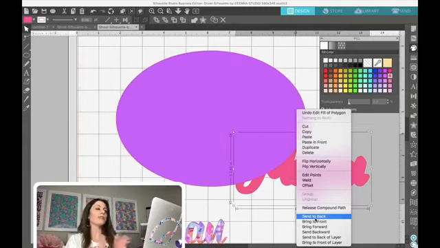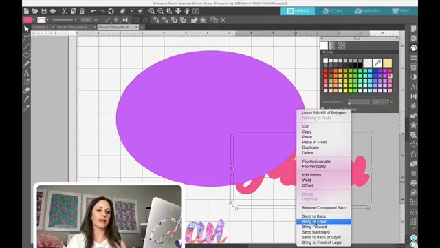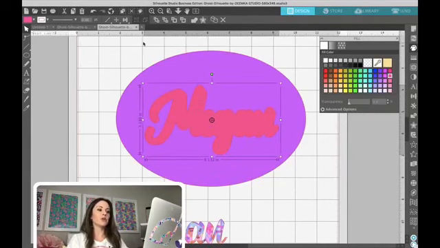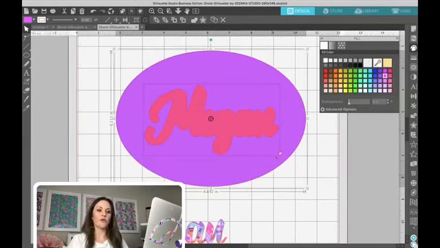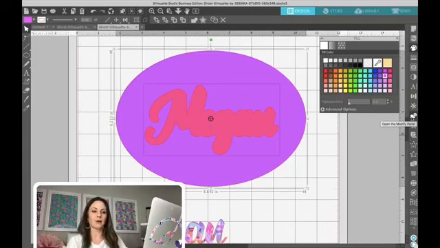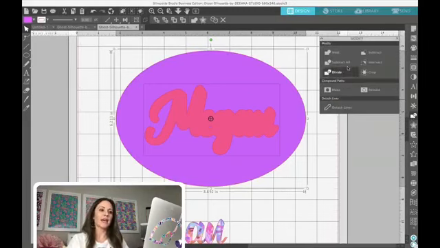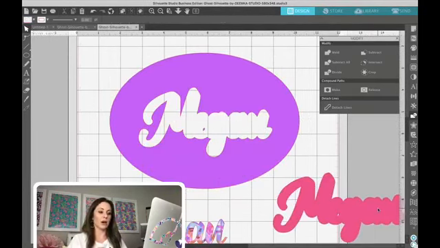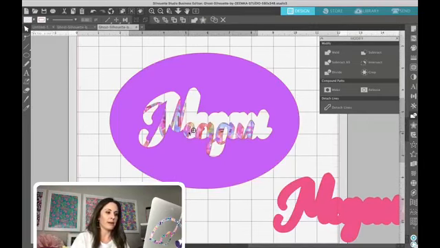Yes, the circle is the one we want in the back. Okay. We want the circle in the back, you want the name on top of it. So we're going to bring that to the front, okay? And you're going to put it wherever you want it. And then you're going to select both of these again. And over on the right-hand side, you have the knockout option, which is in the modify panel over on the right-hand side, okay? Then you press that, and then you're going to push subtract all, okay? If you do that, once you move this away, boom, it's gone. And you can move Megan back in there,